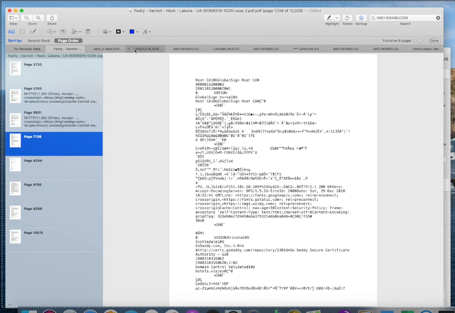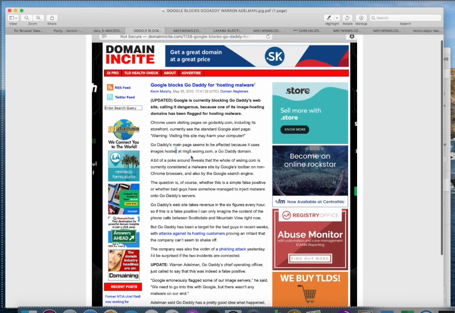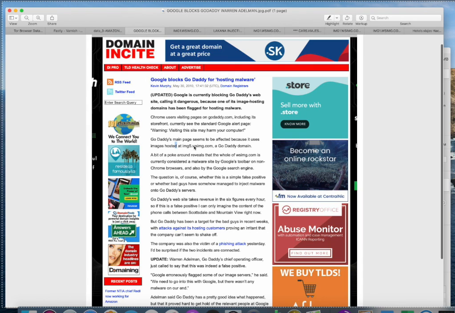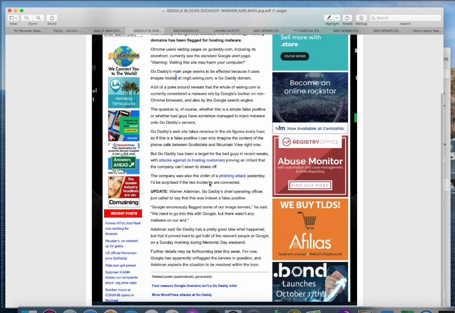Now, here is an article that was written on May 30th, 2010. And it says Google blocks GoDaddy for hosting malware. And there's the IMG5 WSIMG GoDaddy domain. And Warren Edelman, Chief Operating Officer, said it was indeed a false positive.